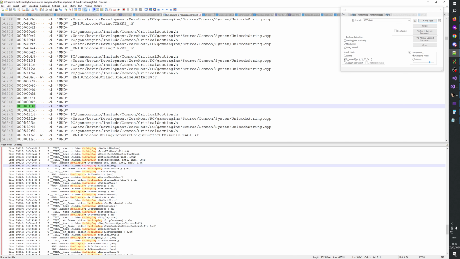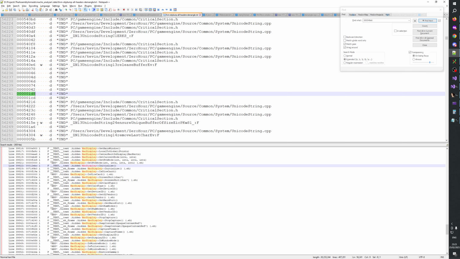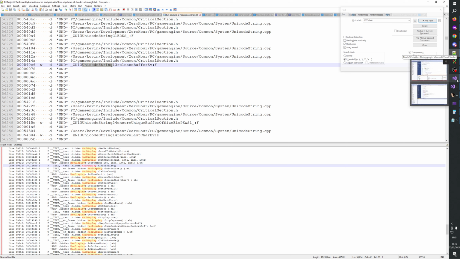Unicode string release buffer, 1D8, 1 CD. Unicode string. Could it maybe be jump tables, or something like that? Jump tables. But it's marked as function symbol. I don't know what it is. Okay, but so it can be. So we should probably